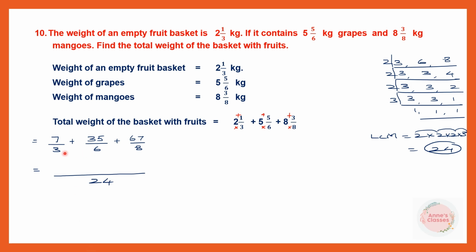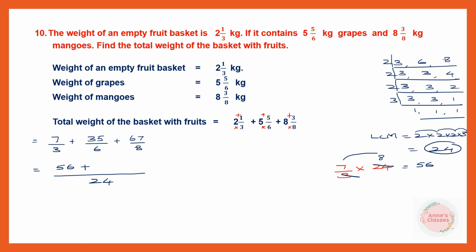You can convert this into 24 and multiply, or we'll do the other method which is easier. 7 by 3, let's take the first rational number 7 by 3, multiply it by the LCM which is 24. Cancel, 3 8s are 24. Now multiply 7 8s are 56. So the first numerator here is 56 plus,